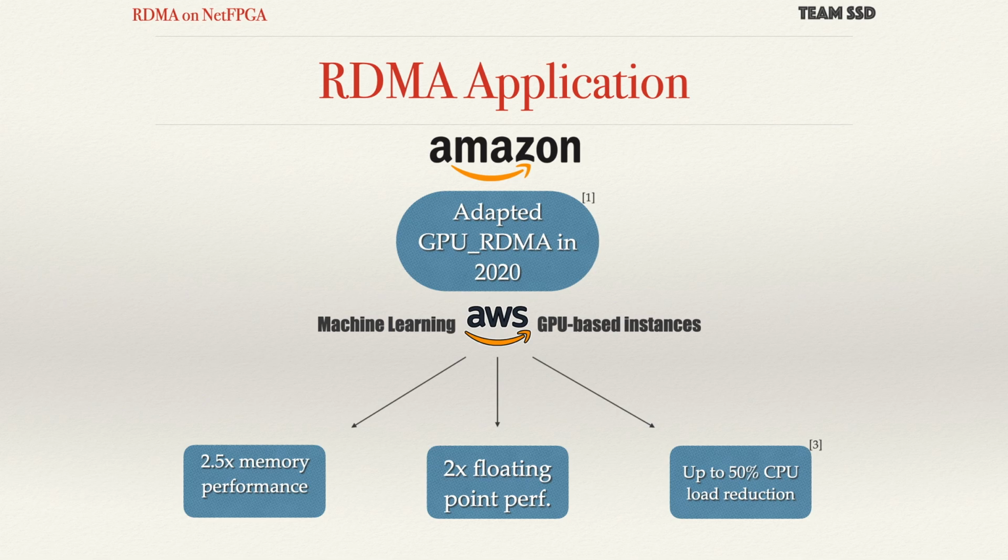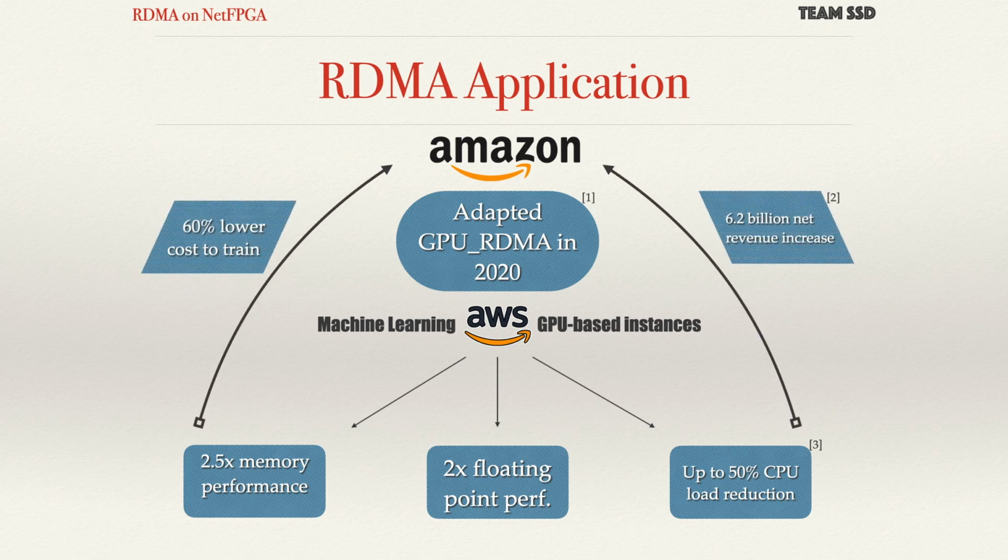Amazon adopted GPU RDMA in 2020. They use it for machine learning on their AWS services, which are GPU-based instances. Interestingly, this is actually adopted using technology from NVIDIA. They promised a 2.5 times memory performance improvement, two times floating point performance improvement, and up to 50% CPU load reduction. What all these numbers tell us is it costs 60% less to train a model, and if they convert those into real numbers on their revenue, it's a 6.2 billion net